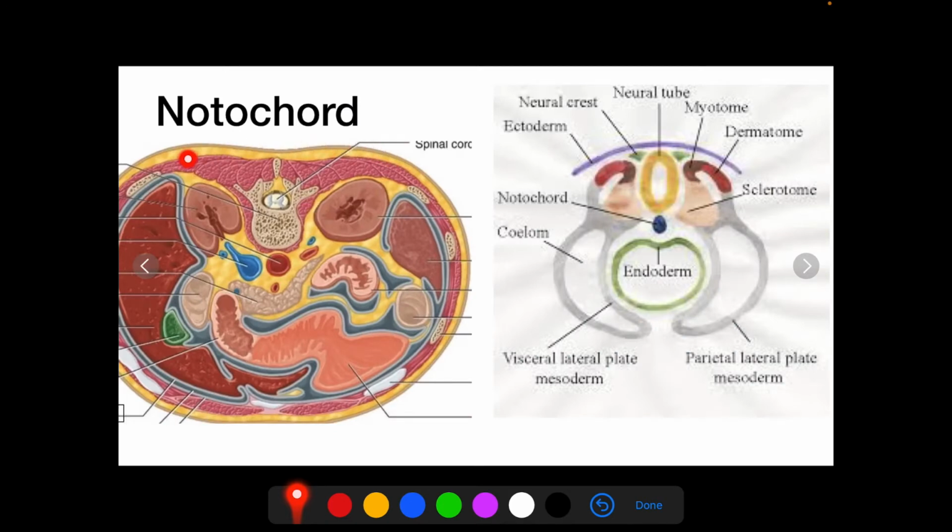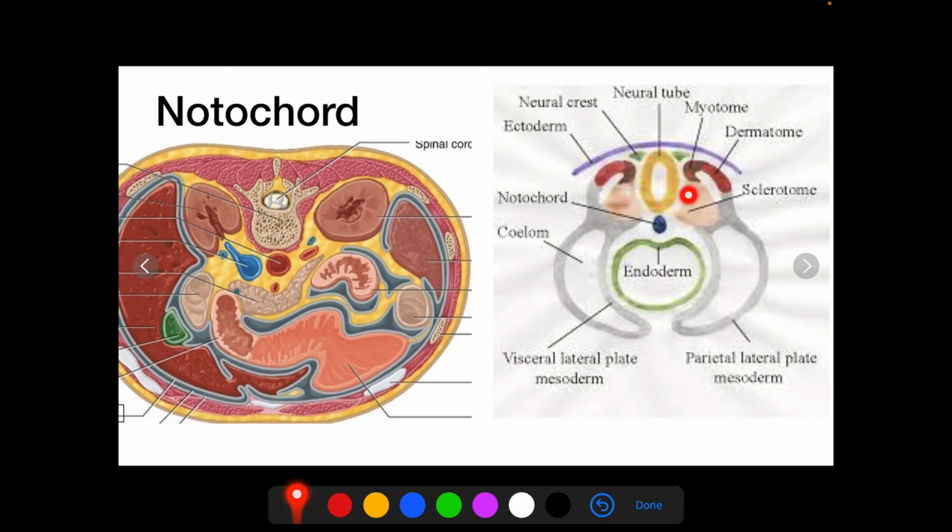That's a general view of any human being. As we see, that's the spinal cord, and that's the skin and muscles and internal organs. And that's the body of the vertebra. As we compare to the embryo, we see that the neural tube will develop into the CNS, the brain, the central nervous system. That's the spinal cord. That's the notochord. The notochord will develop into the body of the vertebra and nucleus pulposus. And